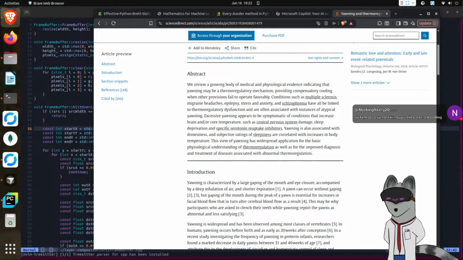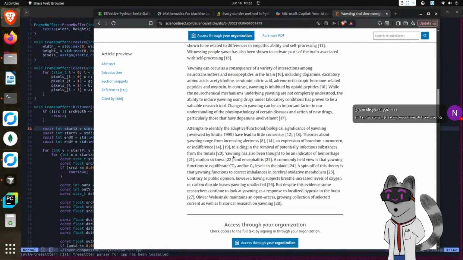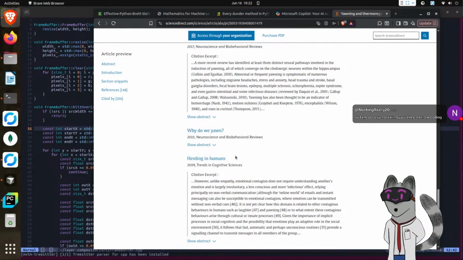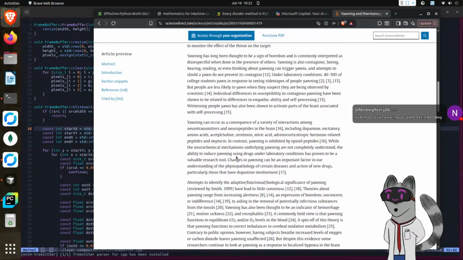This view of yawning has widespread application for the basic physiological understanding of thermoregulation, as well as for the improved diagnosis of treatment and increases. Actually, you know what? This is actually kind of fun. So this is just the